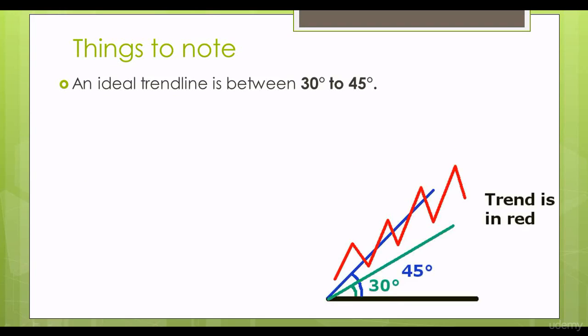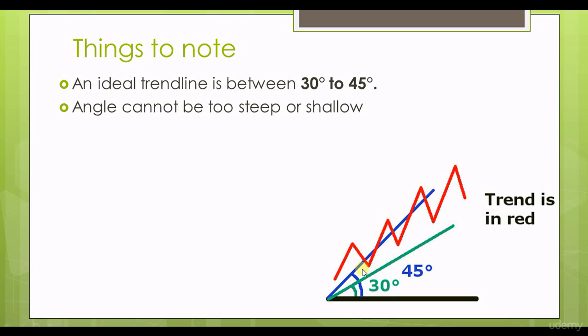Here are some points that you have to note when drawing trend lines. An ideal trend line will have an angle of about 30 to 45 degrees. So your trend line should be drawn with an angle that is between the blue and green line, ideally. Now we don't want the angle to be too steep or too shallow, because with an angle that is too steep, meaning more than 45 degrees, the trend will not be sustainable and you will find that the trend line will be easily broken. Now if the angle is too shallow, less than 30 degrees, you'll find that almost the